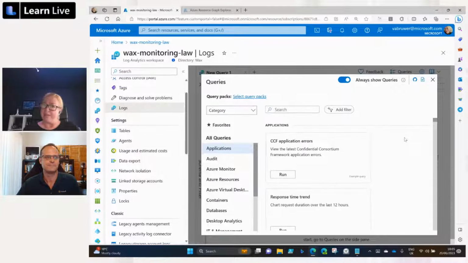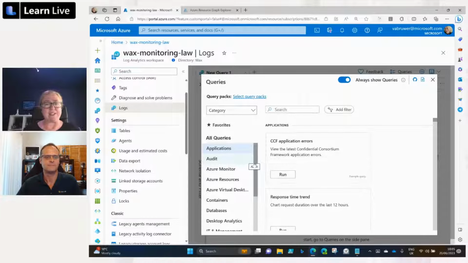So really the purpose of the language is to go and query all those things that you're collecting with Azure Monitor, Sentinel, and a few other things into your Log Analytics workspace. If it's the first time that you click into Log Analytics, you may have this experience of the sample queries that pop up. These sample queries are categorized by different kinds of workloads and things that you may want to